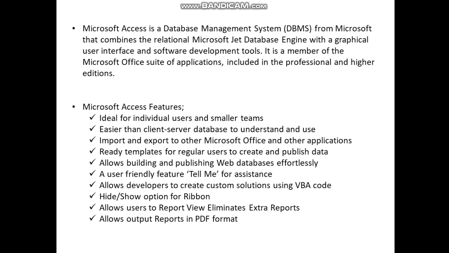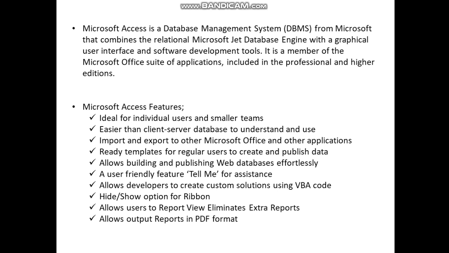Means, suppose you are working on an Excel sheet and you want to access that particular Excel sheet using Microsoft Access, yes, you can access an Excel sheet using Microsoft Access. Ready templates for regular users to create and publish data. You can get a ready-made template. Allows building and publishing web databases effortlessly.